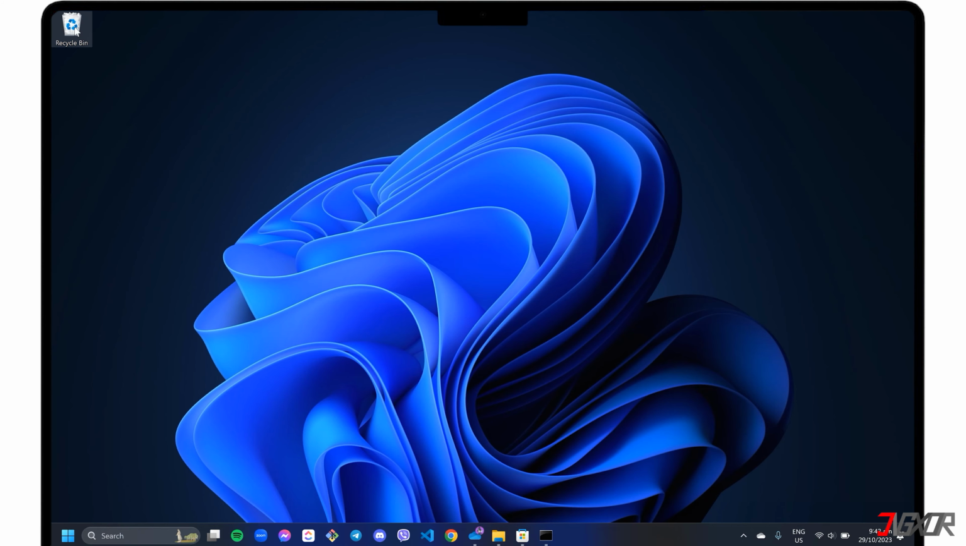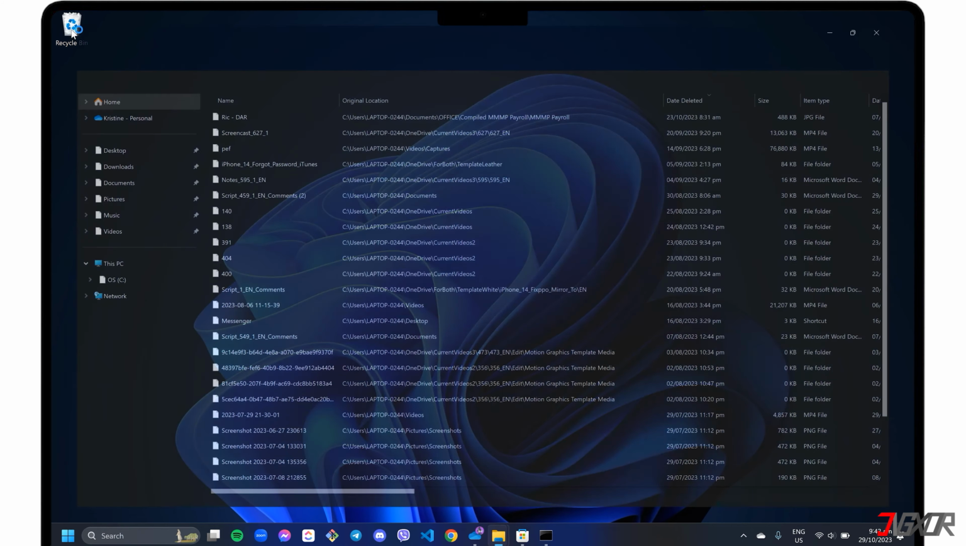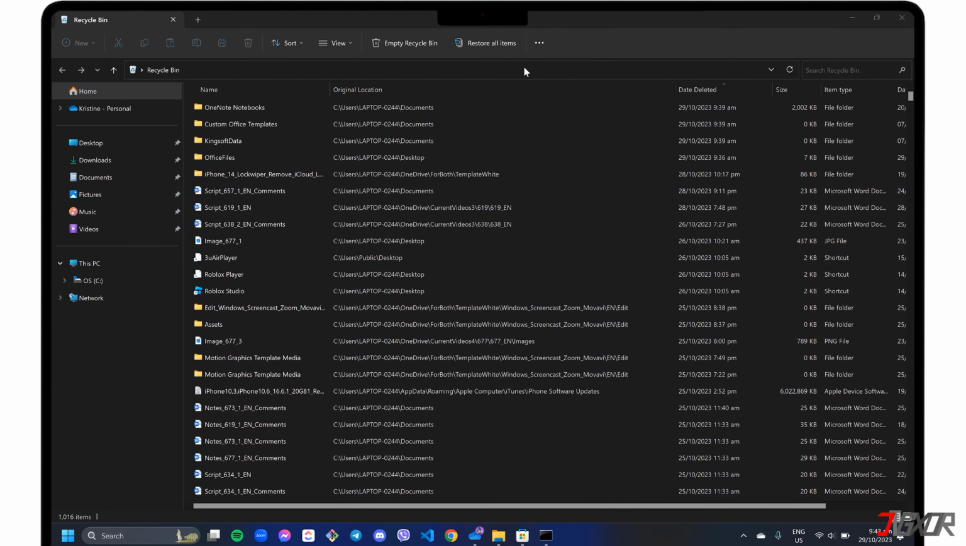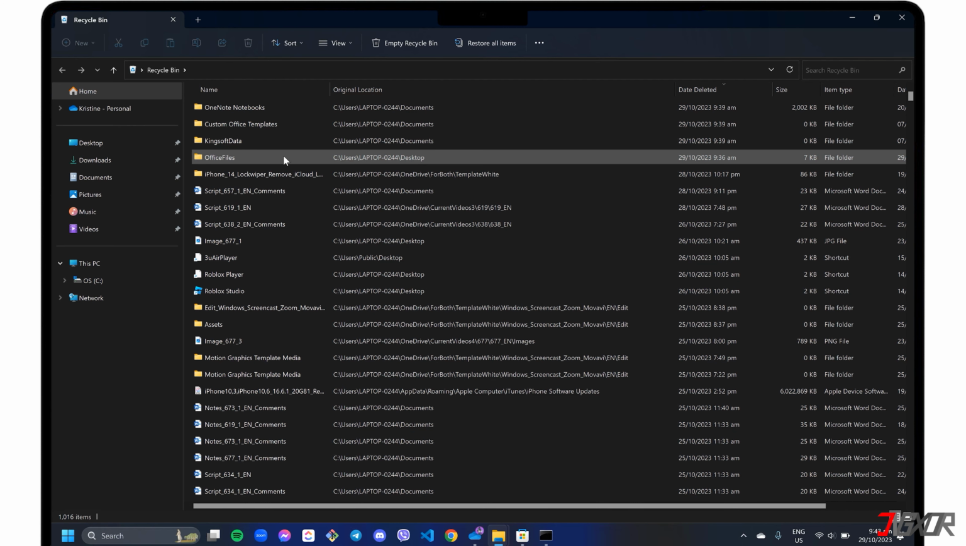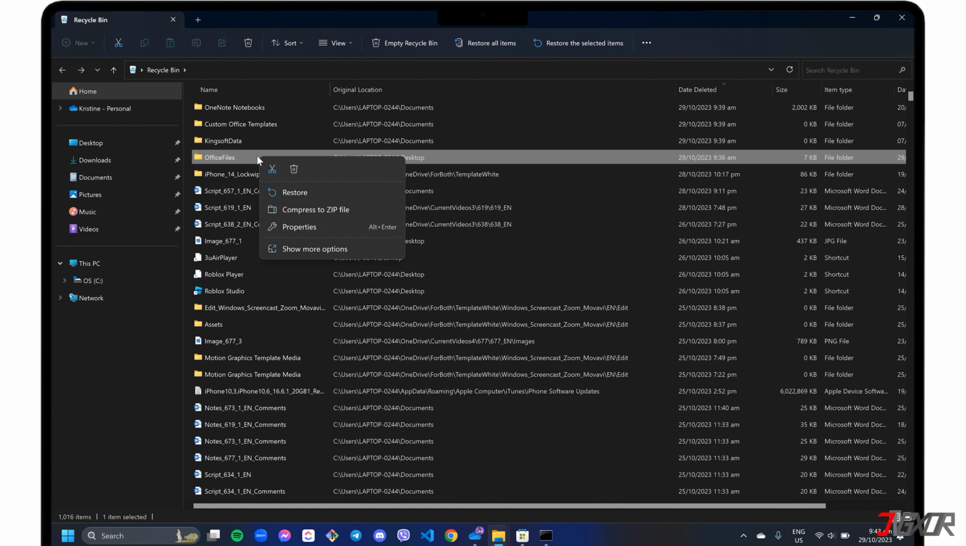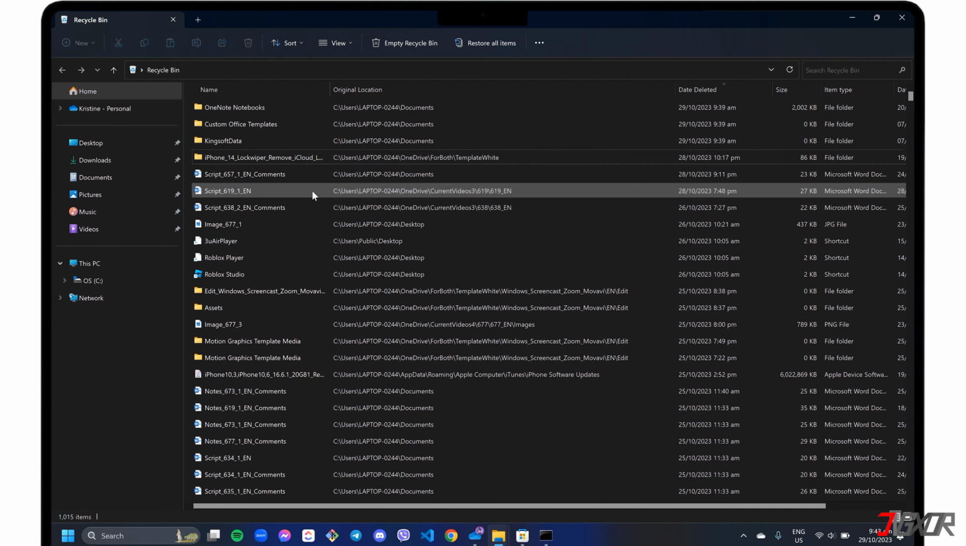Once you see the recycle bin, double-click to open the folder. To find recently deleted files, use the Sort feature above to sort by the date they were deleted in descending order. You can also use the search box in the upper right corner to refine your results. When you have found the data, right-click on it and click the Restore button to save it back to its